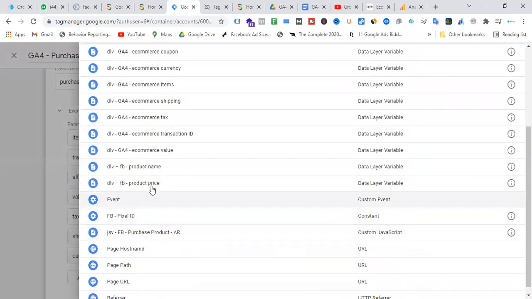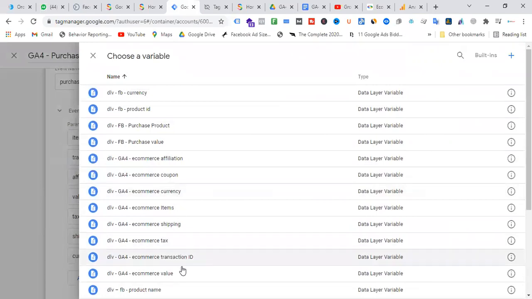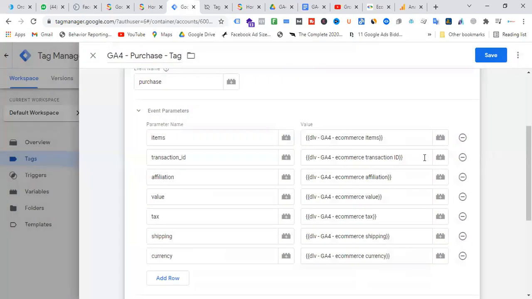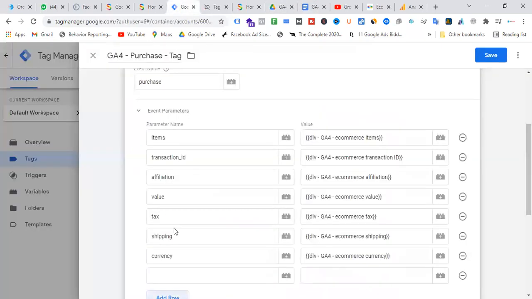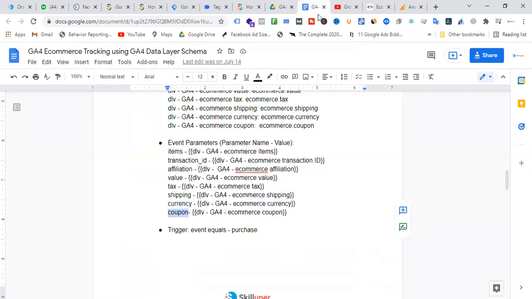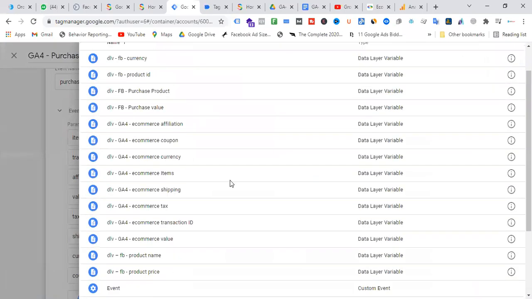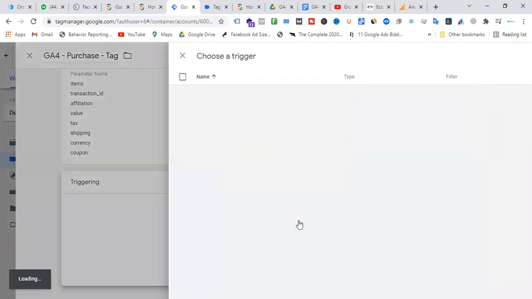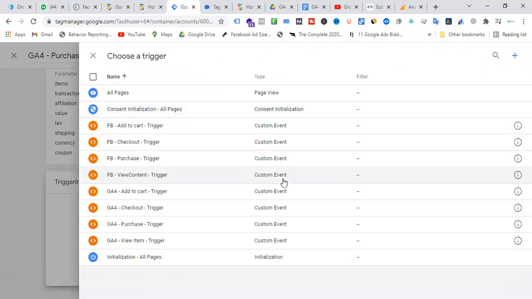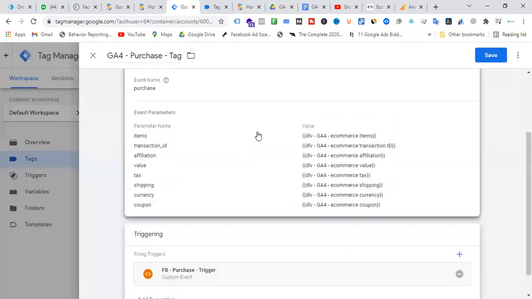It's actually currency. Currency. Fantastic. Now we will use a coupon. It would be the same naming. Coupon. Okay. It will be triggered when the purchase event happens.